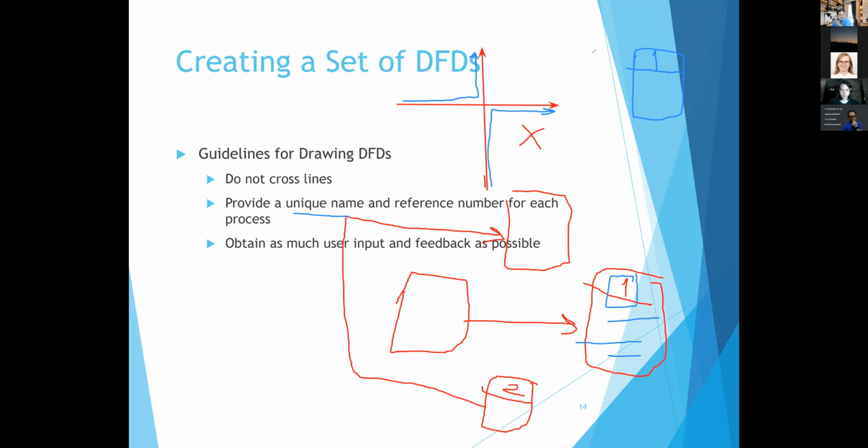But when other people see that it's process number 1, they understand that they are the same process. But you may have some limitation in order to draw the data flow, otherwise it will cross the line. So that means if you have process number 1 twice in your data flow diagram, they mean the same process. That means the process name on both symbols must be the same because they are the same